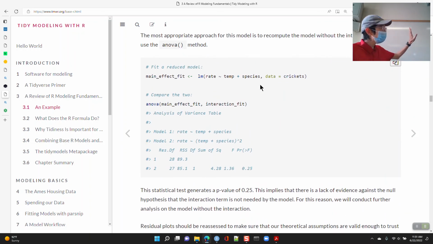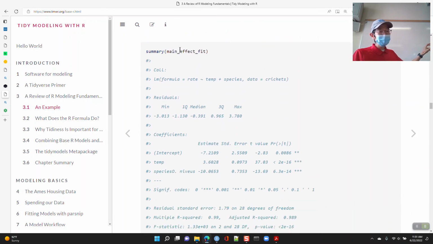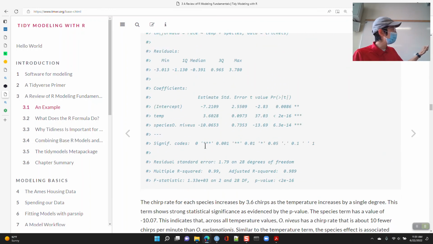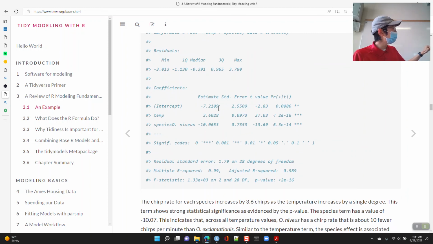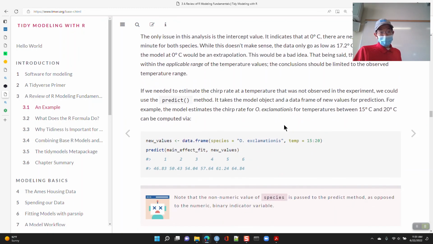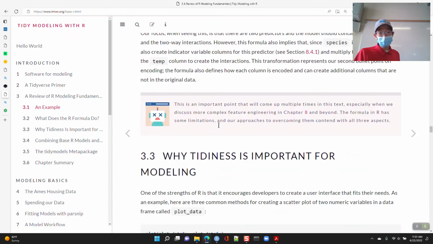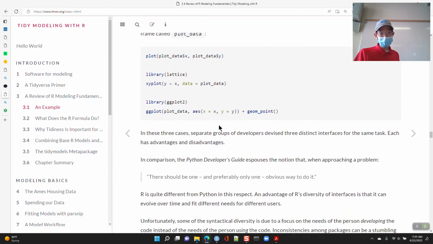And this is how we do it in base R. Then when you call summary on this model, you get a table of the estimates, the standard error, the t-value, and the p-value. And then you can make predictions based on that. And what we can do